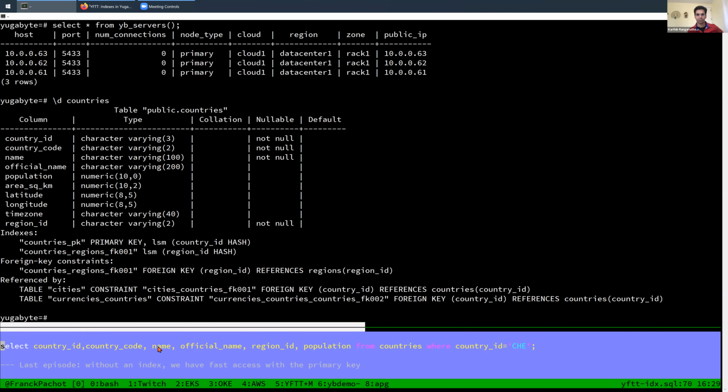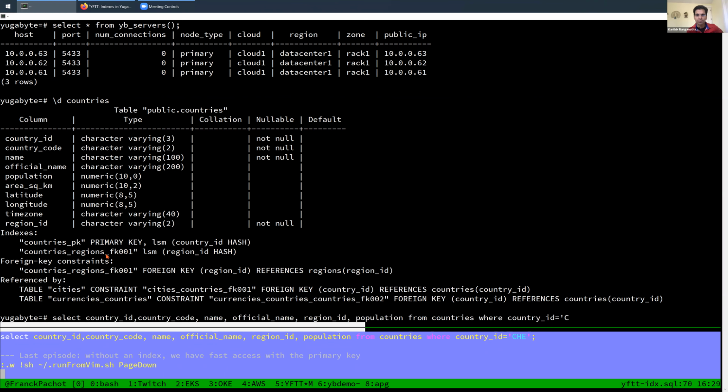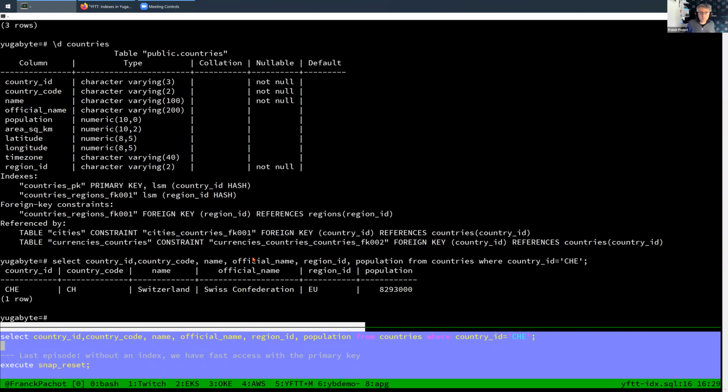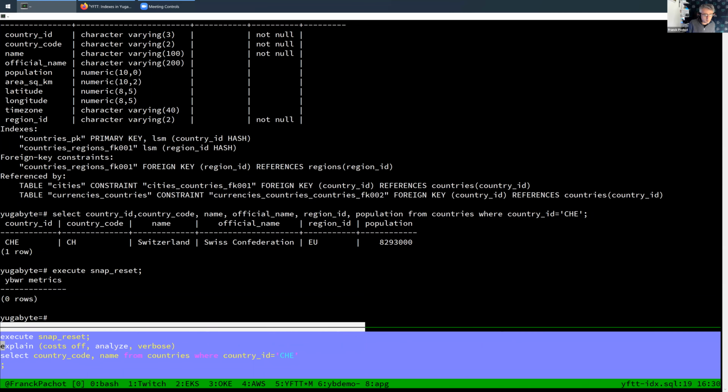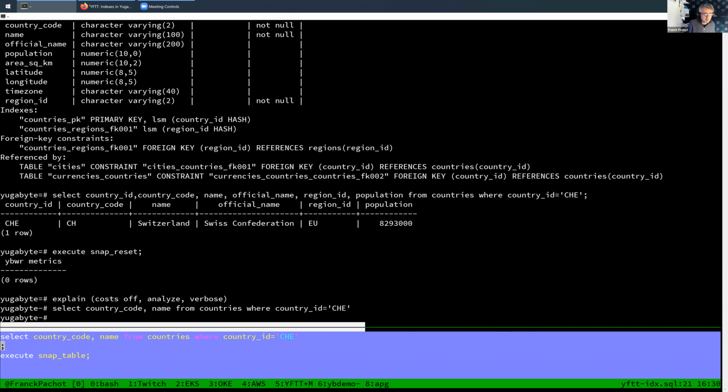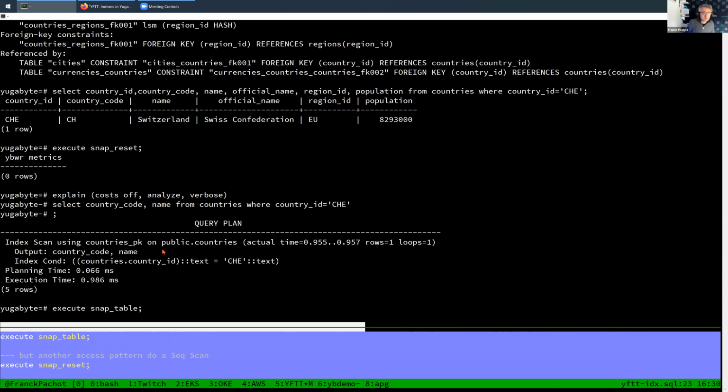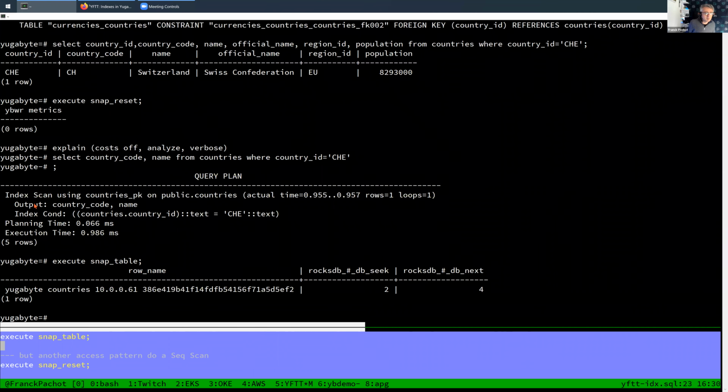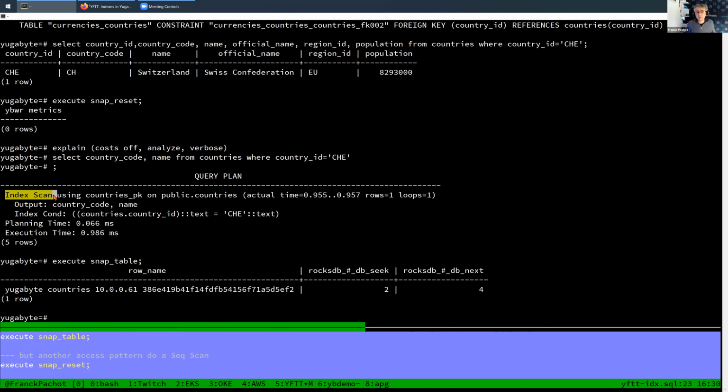And do some search like this one, looking for a country by a country ID, and country ID is the primary key. So that's easy. We store tables in the primary key, and finding data with a predicate on the primary key is fast. So this is basically what we will see in all cases. The execution plan tells me that it's an index scan and the predicate is on the primary key